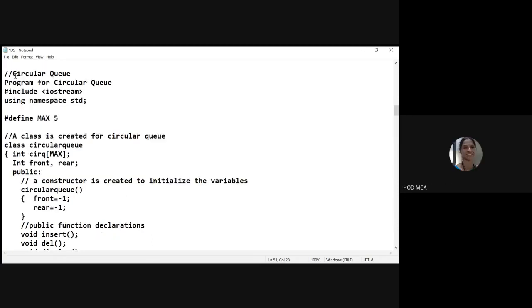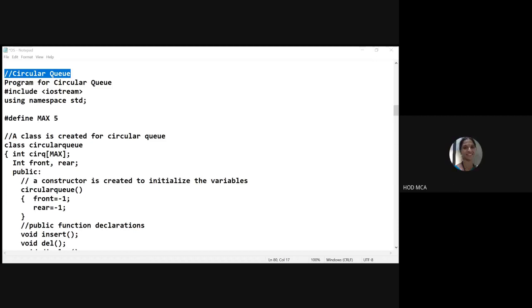Now, next let us move on to circular queue. What is the difference between circular queue and normal queue? Anybody? Can anyone answer? Akash? Ma'am, circular queue is a linear data structure. Is it a linear data structure? Okay, then. What is the main difference between circular queue and normal queue?